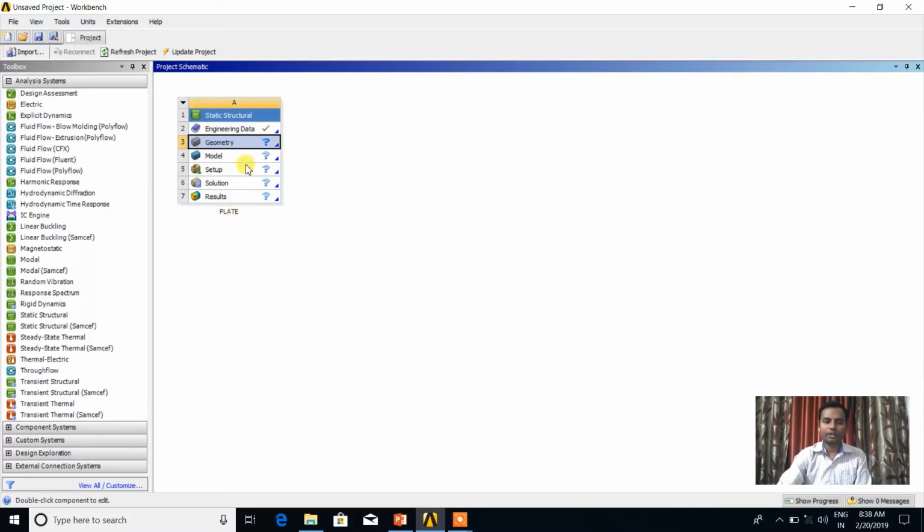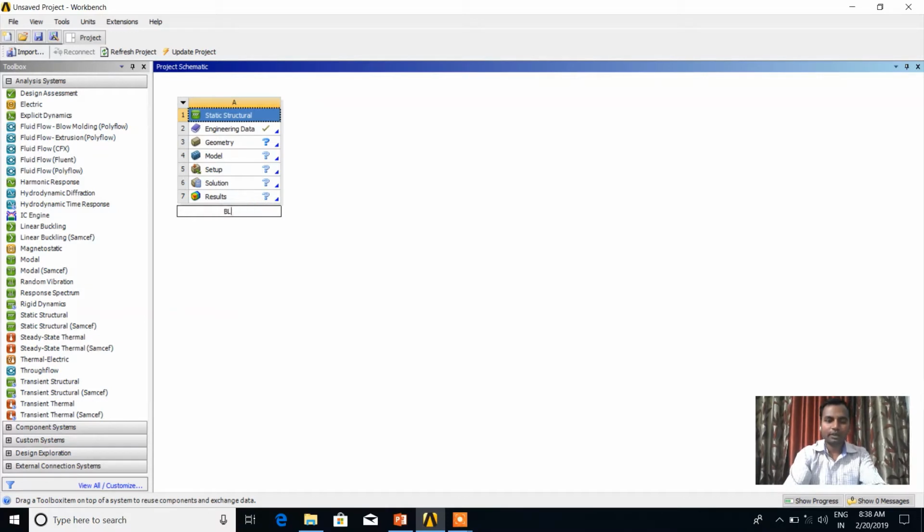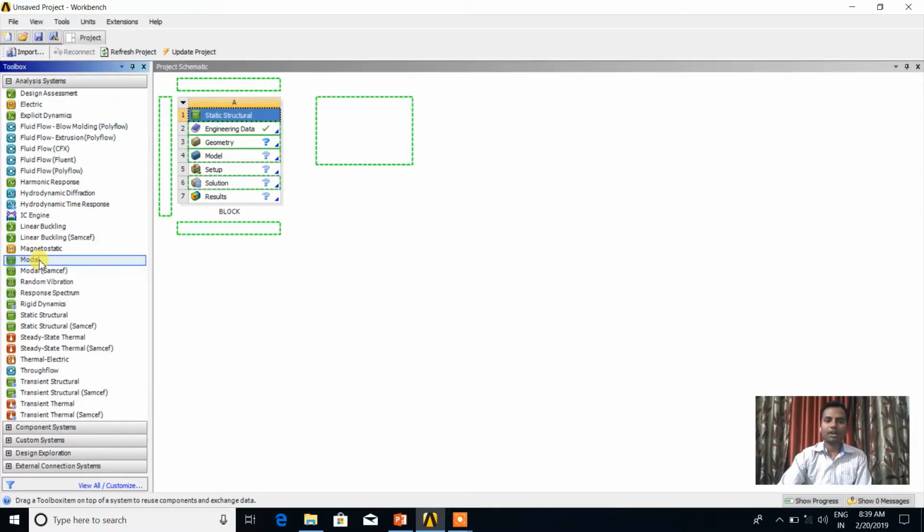Also you can rename this: just right click on the static structural and choose rename. Okay, so I now give it the name block. Likewise you can change the name of the system for your understanding purpose only. If you want to take some more analysis, you can again take, for example, modal analysis. Just click on the modal analysis, and the next box will appear.